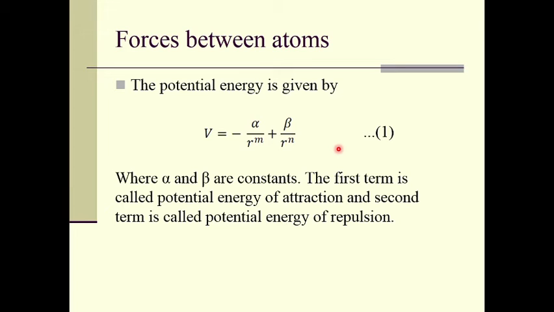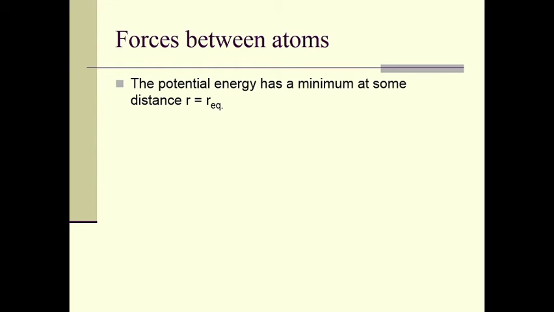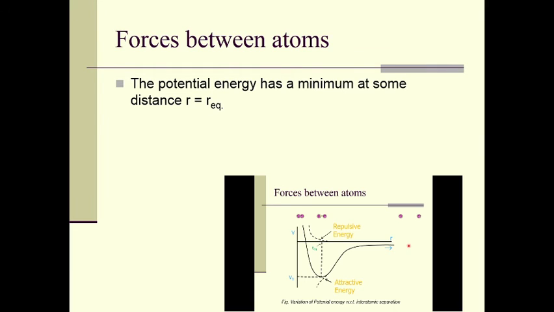When attraction is there, the energy is negative. When repulsion is there, energy is positive, right? So these are two terms to remember. Therefore, the potential energy has a minimum at some distance r equal to R equilibrium, that we have seen